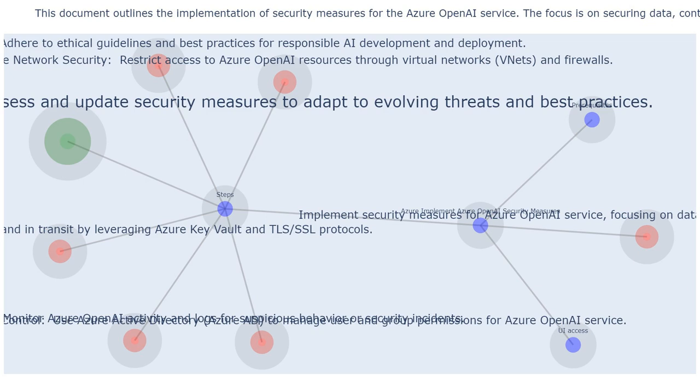Regularly review and update security measures. Continuously assess and update security measures to adapt to evolving threats and best practices. Security threats and best practices are constantly evolving, so it is essential to regularly review and update your security measures. This involves staying informed about emerging threats, evaluating the effectiveness of existing security controls, and implementing updates to address new